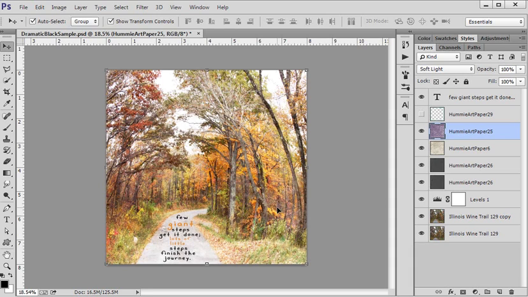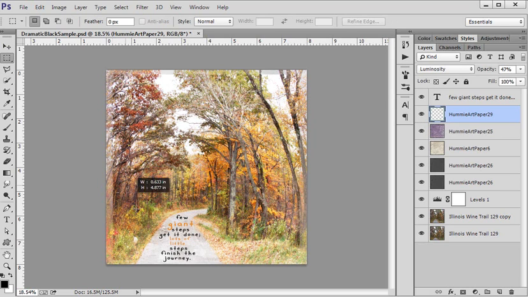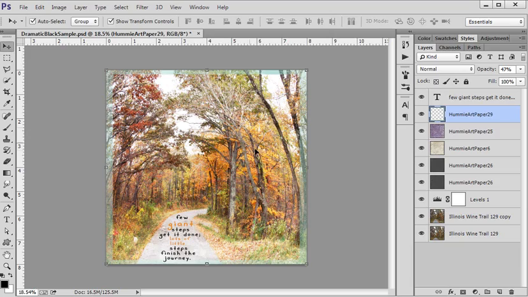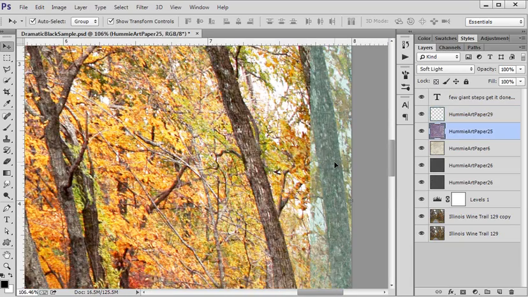And I said, well, I kind of need to tie it together. I need to kind of ground it. I'm one for loving things along the edges. And so I don't have the original paper to show you, but it is paper 29. And I put that on there, and I just used my rectangular marquee tool to select this area, and I hit delete on my keyboard, Control D to deselect, and here's the normal layer. It's kind of a bluish green,